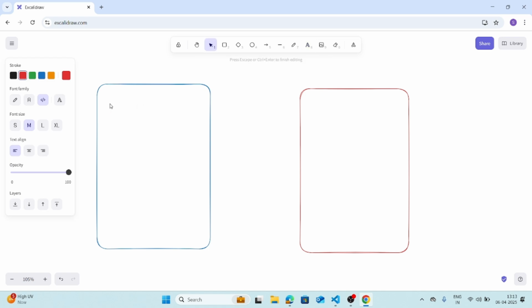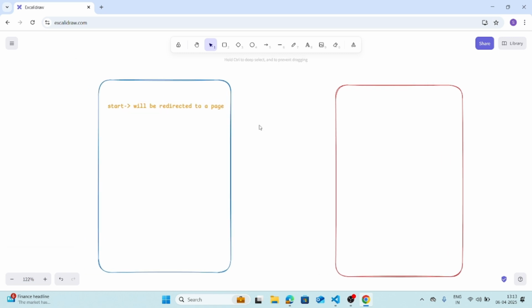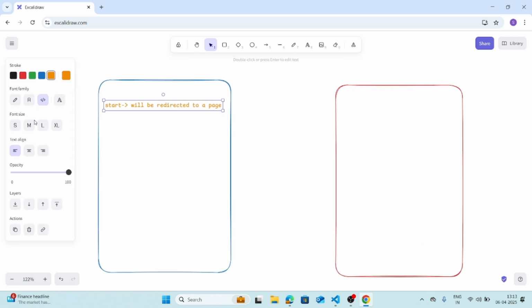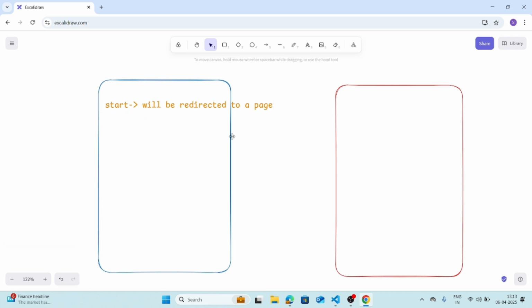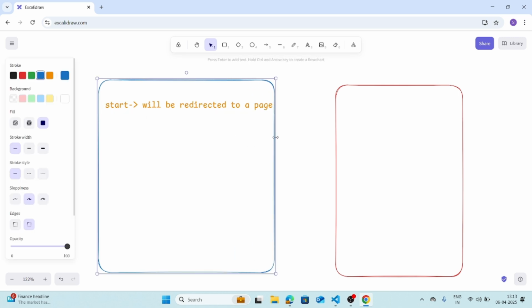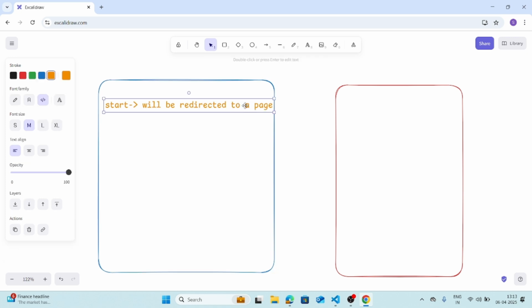In this way, as soon as a user clicks upon this start button, a page will open. A user will be redirected to a page. And this is going out of the box, right? I can't resize to here. Tell me if you can't see. Okay, so the user will be redirected to the page